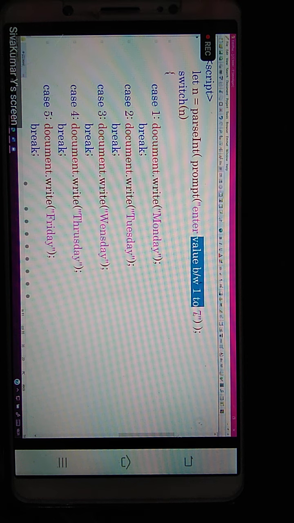Next one. I want to check whether a number is even or odd, otherwise positive or negative. So for that I'm asking the user to enter the number. The user gives some input, whatever it may be.